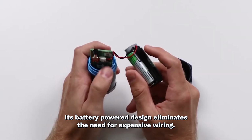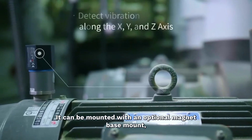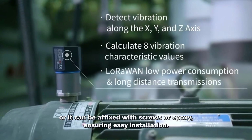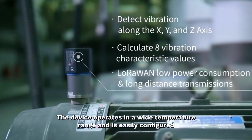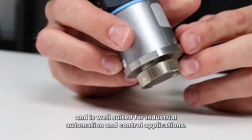Its battery-powered design eliminates the need for expensive wiring. It can be mounted with an optional magnet base mount, or it can be affixed with screws or epoxy, ensuring easy installation. The device operates in a wide temperature range and is easily configured and is well suited for industrial